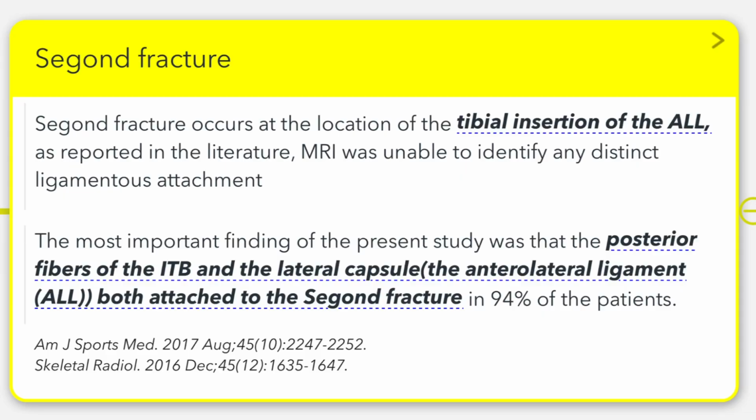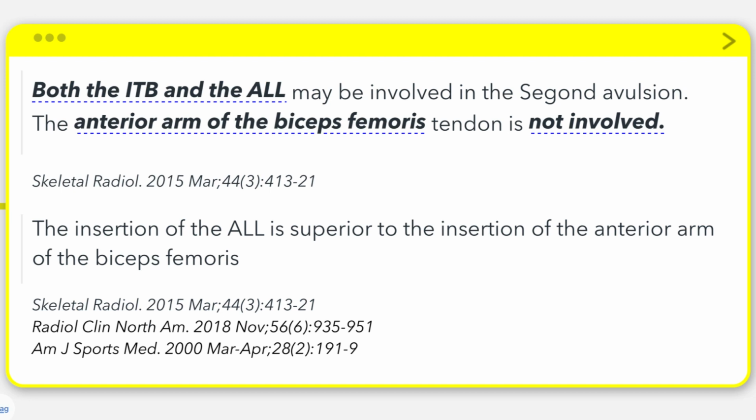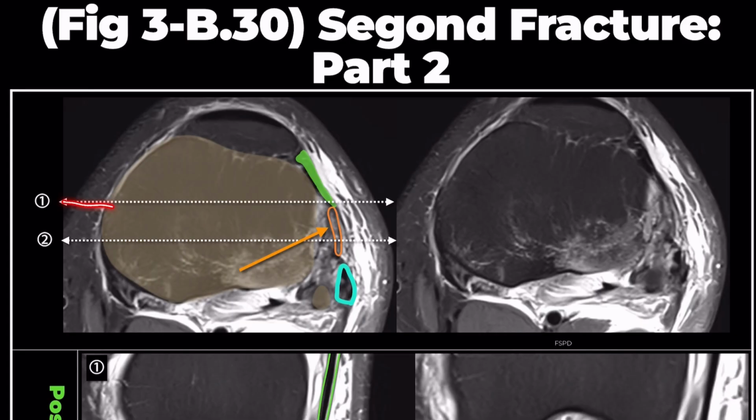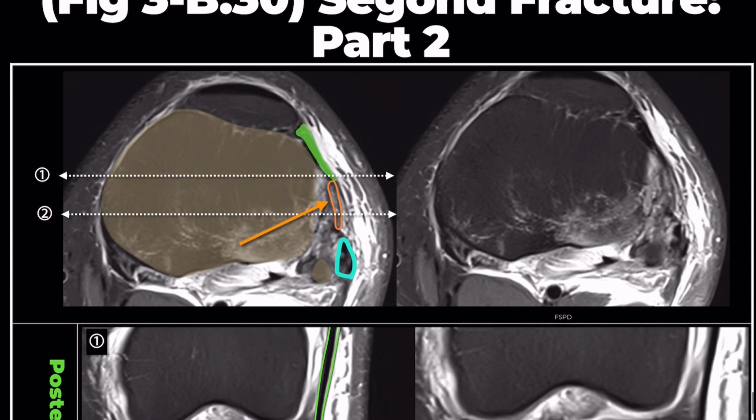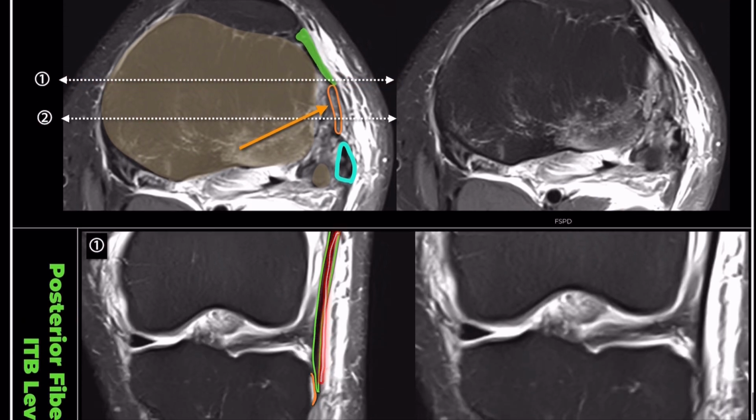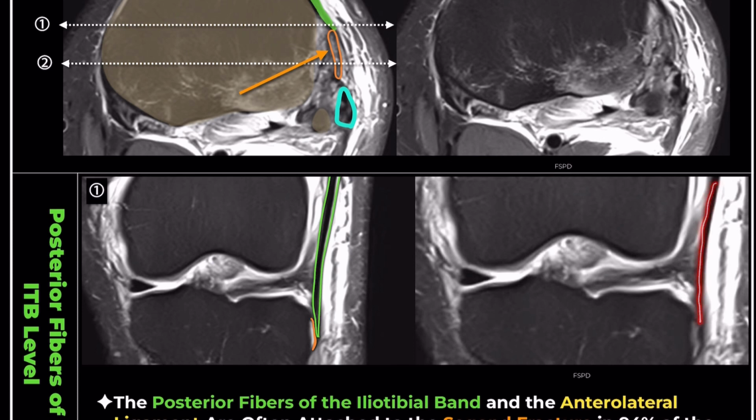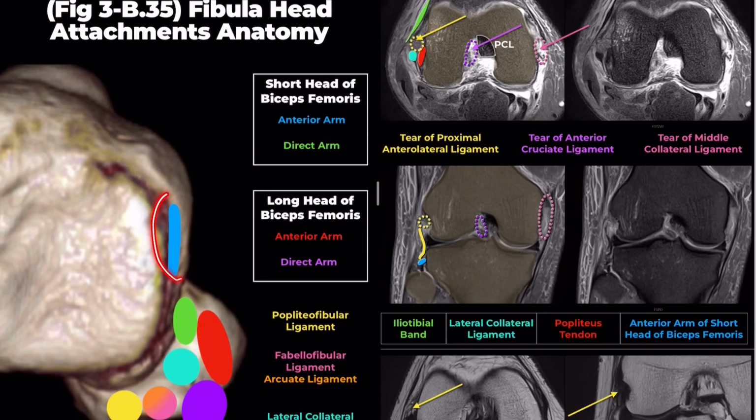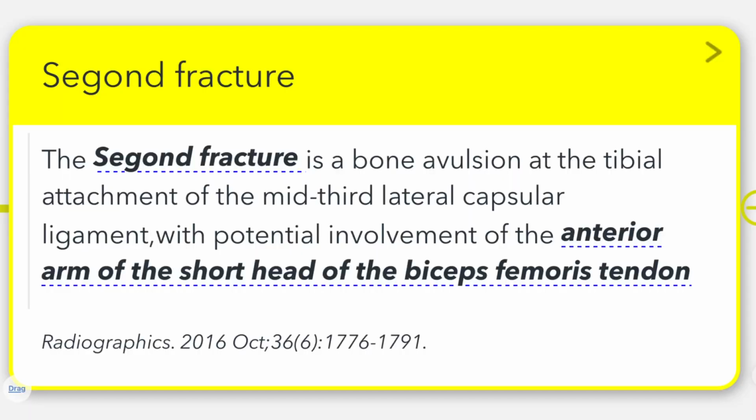First, while named after the anterolateral ligament, a Segond fracture can potentially involve other lateral soft tissue structures like the iliotibial band and the biceps femoris tendon. Specifically, the iliotibial band and distal anterolateral ligament are often avulsed together in a Segond fracture. The structure marked in blue is the anterior arm of the biceps femoris tendon. In Segond fractures, this is usually not involved. Still, in very large Segond fractures, there is a potential involvement of the anterior arm of the short head of